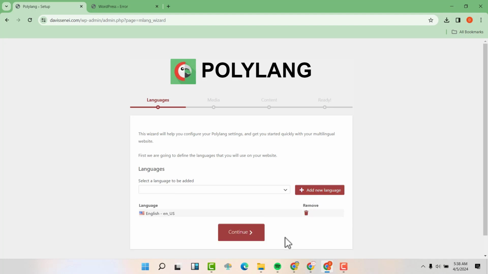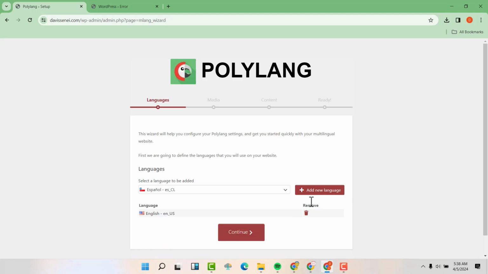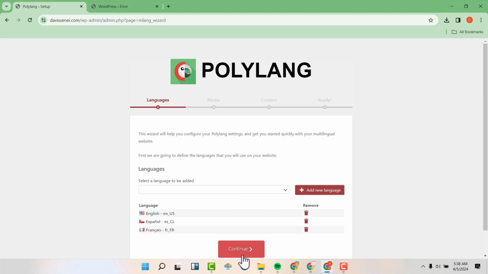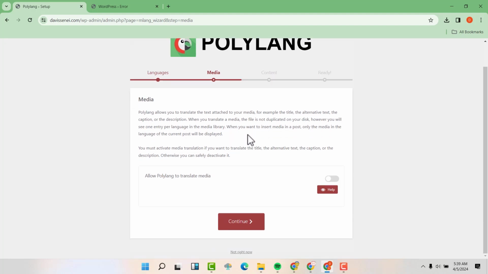So that one will be the default language. Then we can add other languages. We can add Espanol and French. Then we're going to continue. So you can add as many languages as you wish, but I just wanted to have 2 or 3 just for demo.